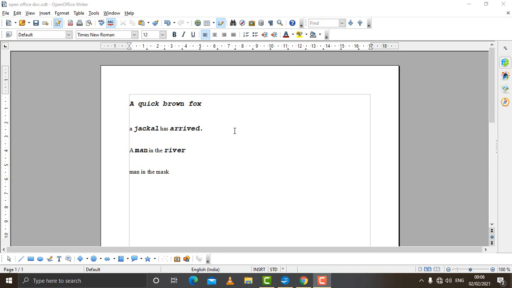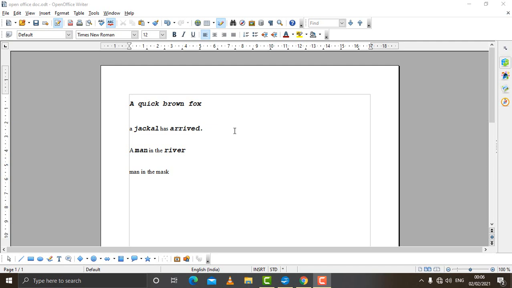So if you have a document in which a number of headings and page numbers are there, and you want to create an index which will show all the headings with all the page numbers, so that you can search easily where which content is printed, for that we can use the tool for creating a table of contents.